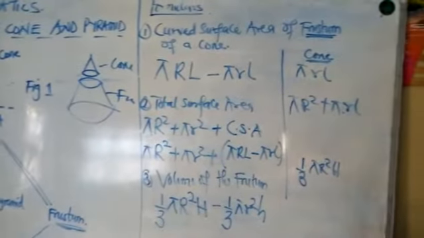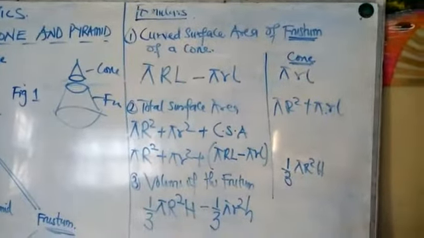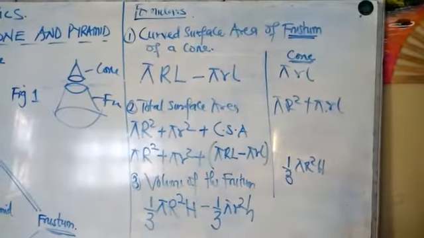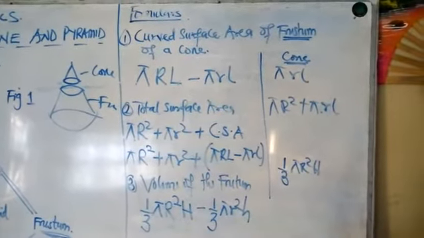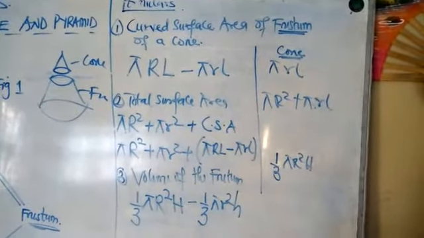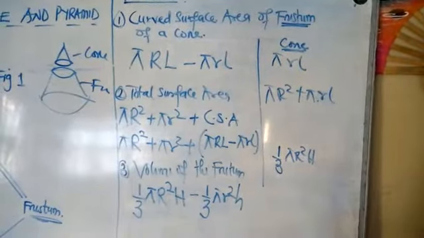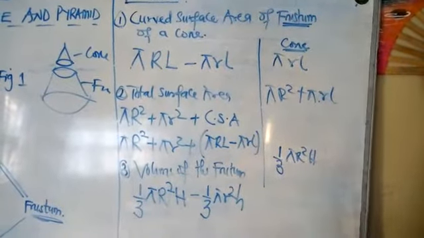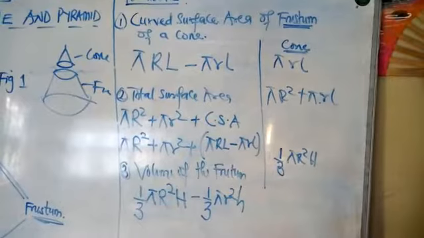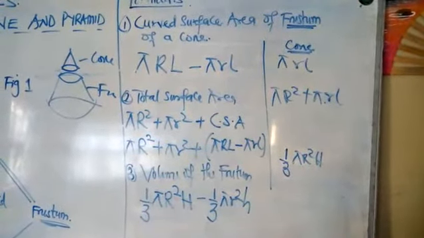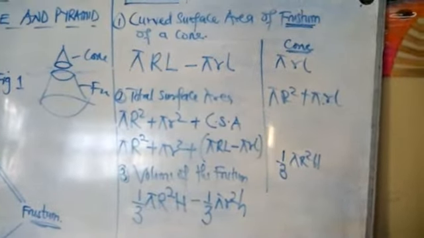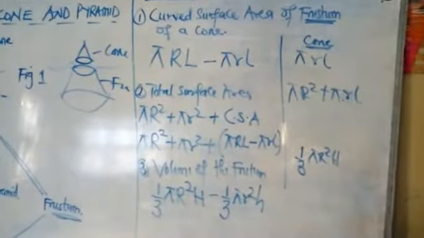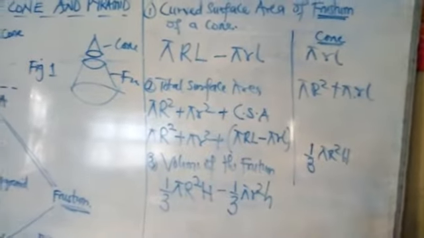Okay, so you can see, hope you have written it down. Don't confuse the formula for calculating the measuration for the frustrum with that of a cone. There are distinctions between them. Where you have pi R L, you have this. Where you have pi R squared plus pi R L, you have this. Where you have 1/3 pi R squared h, you have that for the frustrum. Alright?